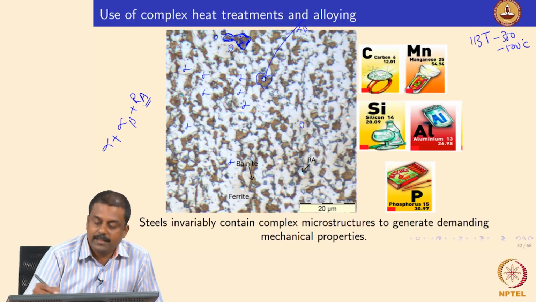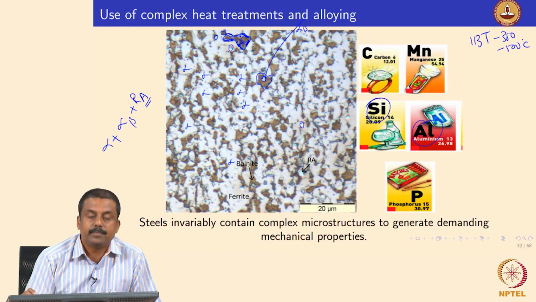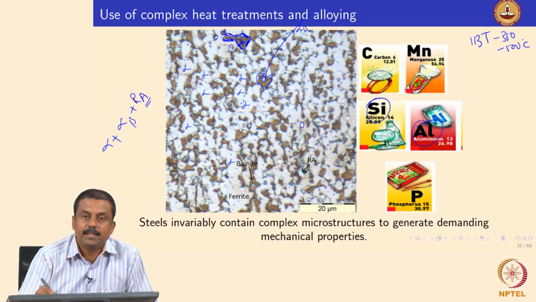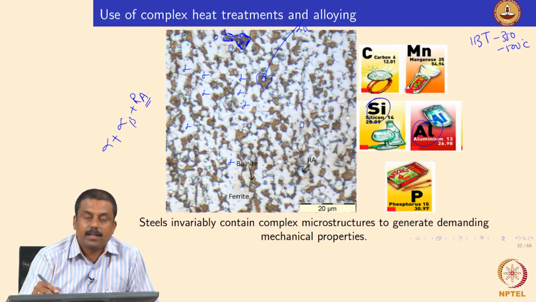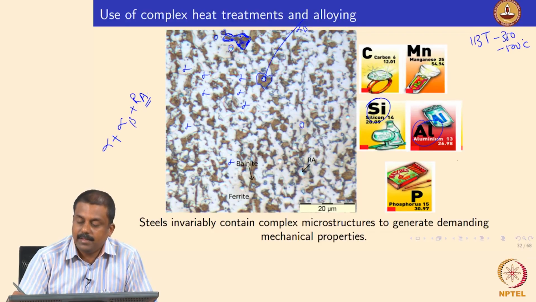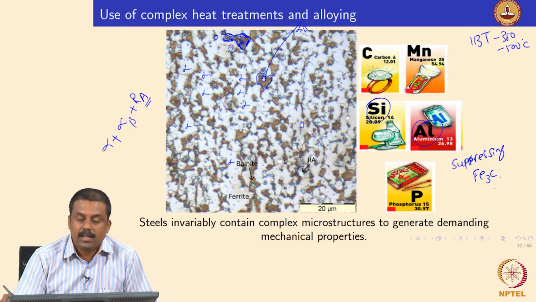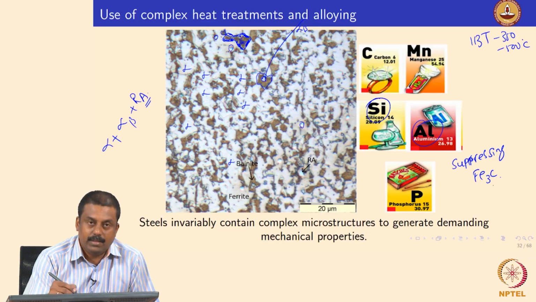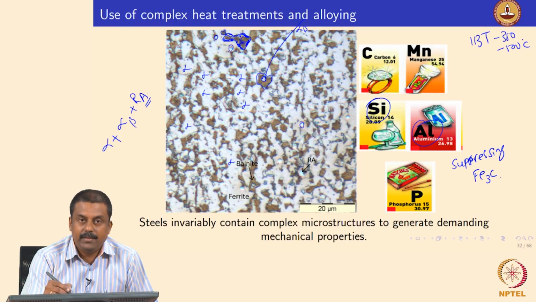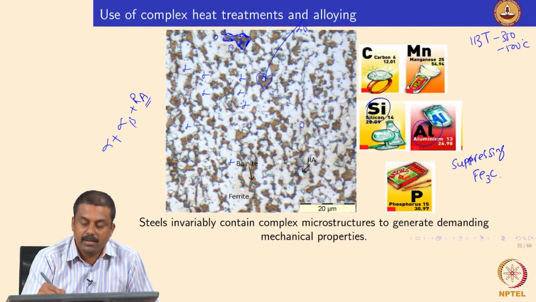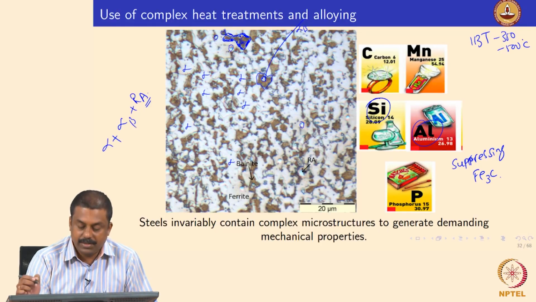Again, the trick here is the addition of silicon or aluminum. These two help us stabilize retained austenite by suppressing cementite, because that is very critical. Cementite suppression leads to the enrichment of austenite in carbon. Upon enrichment, we reduce the Mf temperature below room temperature, so that this austenite can be stabilized upon subsequent cooling to room temperature after the bainitic treatment.